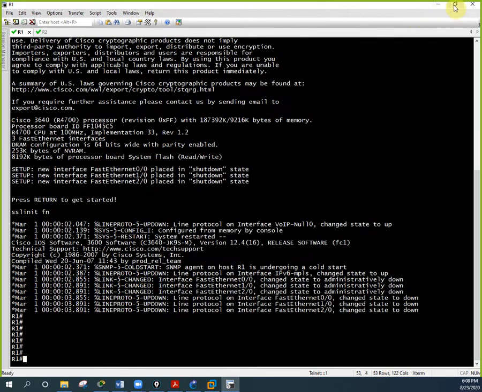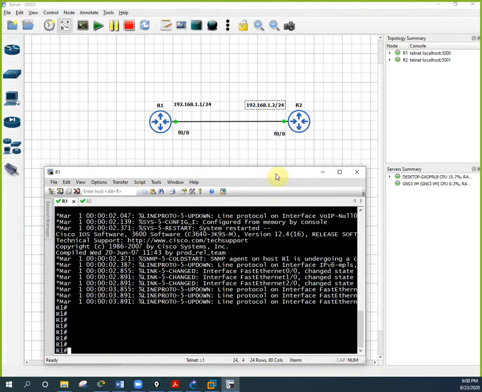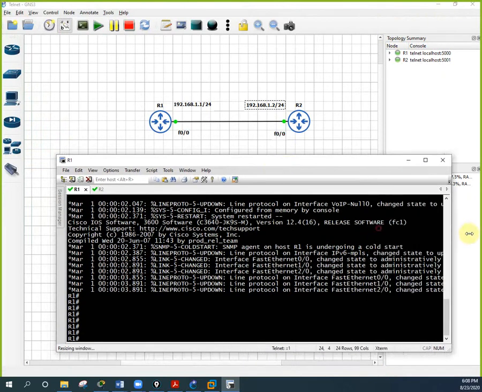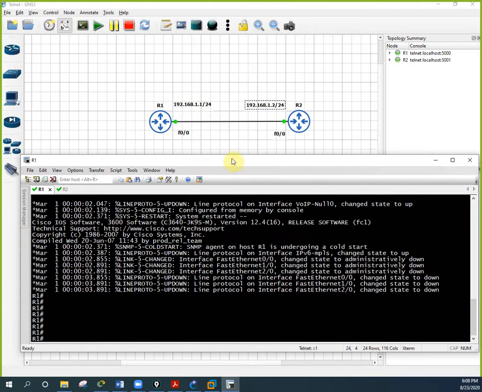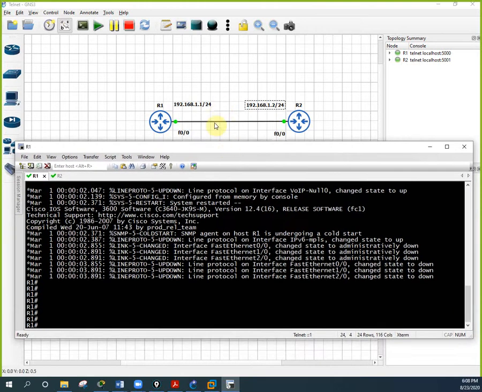Now if I want to configure, first of all I need to configure the IP address on the interface. It is the same thing as we did in Packet Tracer with the VLAN IP address, but here we need to assign the IP to this interface. This is very easy, and we already did some basics, but anyhow let me show you here how we can assign it.